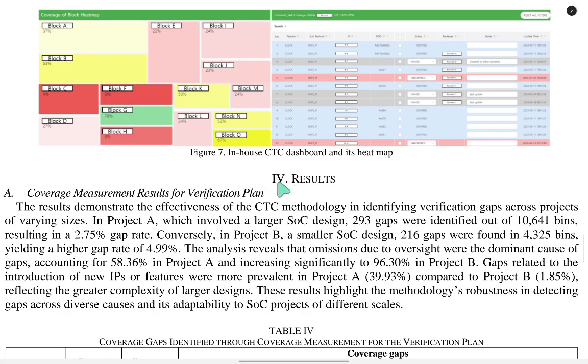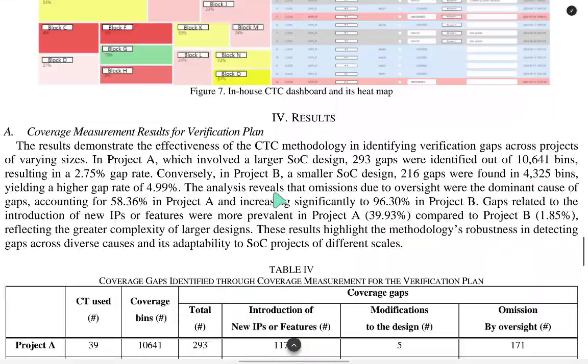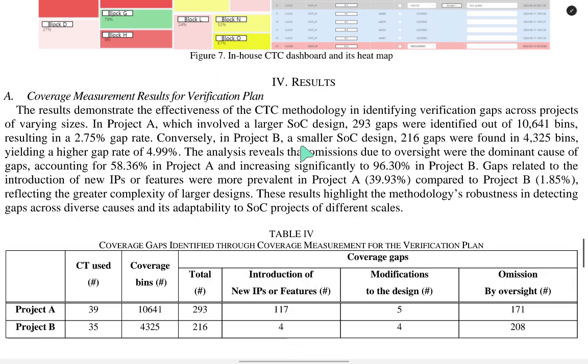Chapter 4 is the results. Section A, coverage measurement result for the verification plan. The results demonstrate the effectiveness of the CTC methodology in identifying verification gaps across projects of varying sizes. In Project A, which involves a large SOC design, 293 gaps were identified out of 10,641 bins, resulting in a 2.75% gap rate. Conversely, in Project B, a smaller SOC design, 216 gaps were found in 4,325 bins, yielding a higher gap rate of